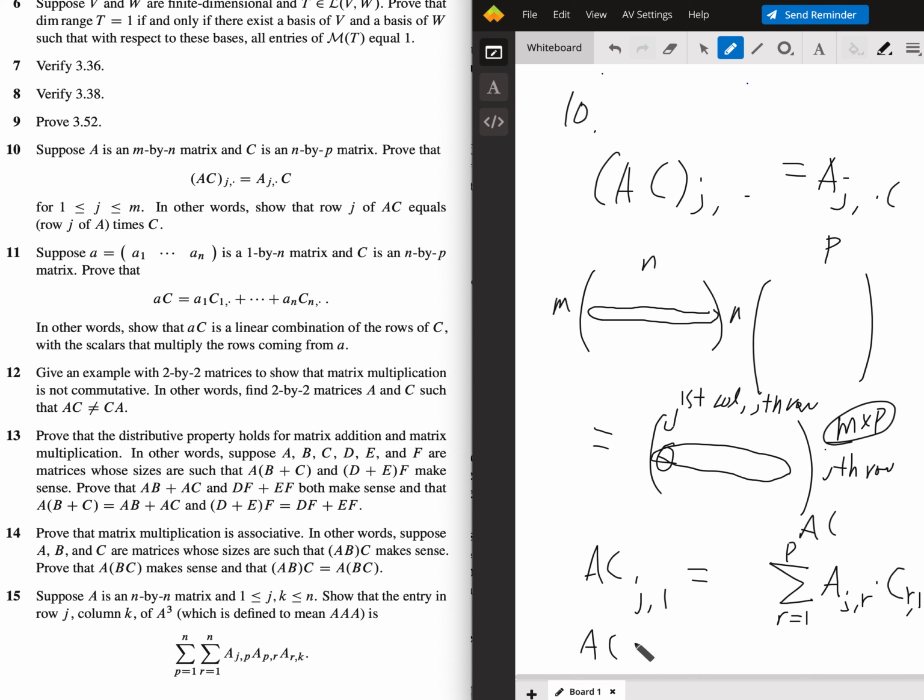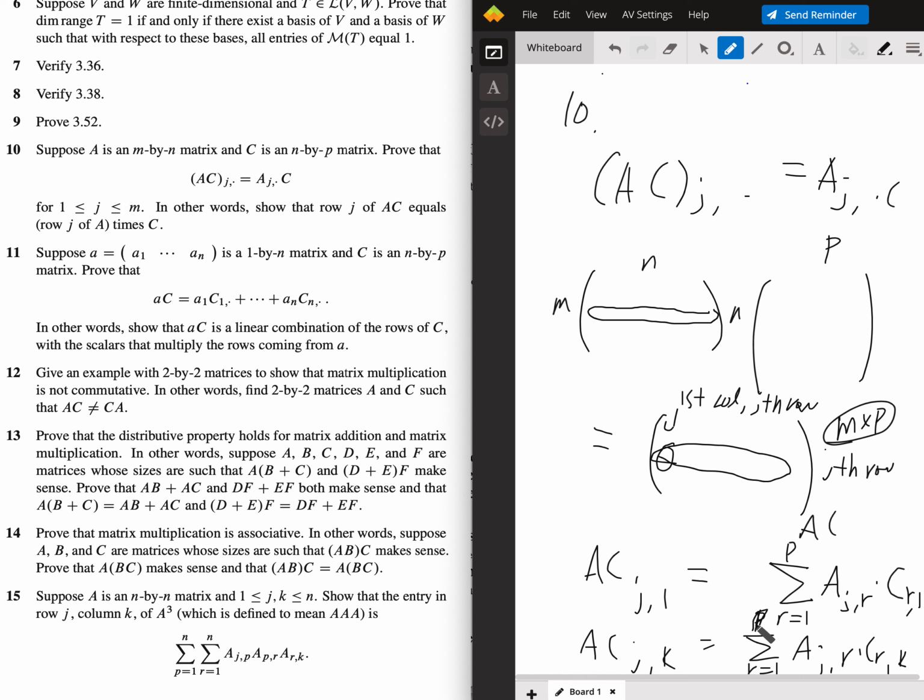I mean, this is fine. AC_jk is equal to, yep. Okay, yeah, that makes a lot of sense. And then you just derive the generic version, or not derive, like intuit the generic version, like that. Yeah, so the jth row of AC equals the jth row of A times C, right? I think